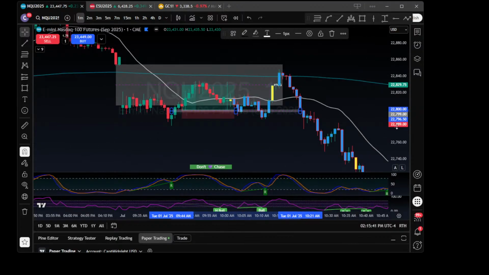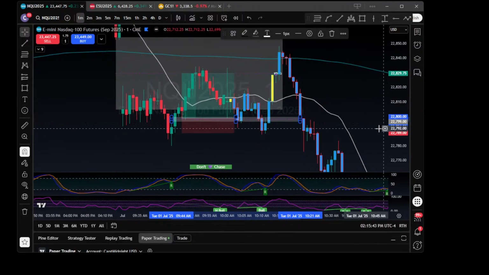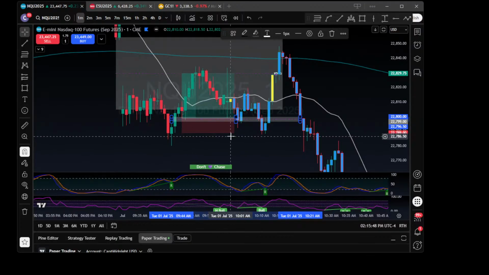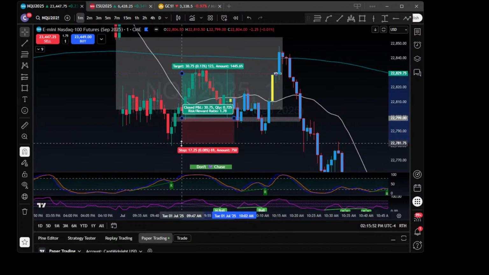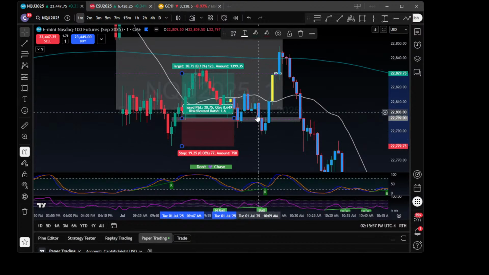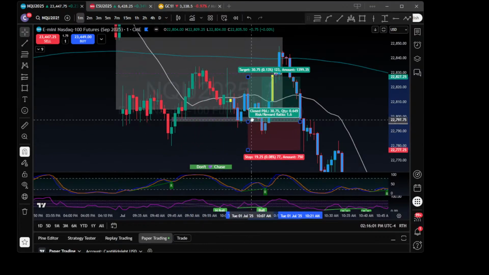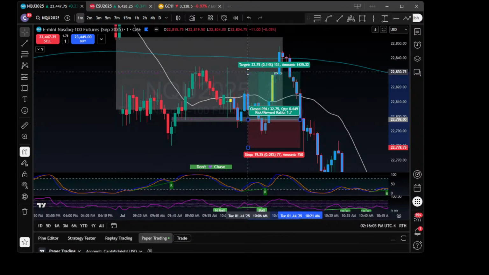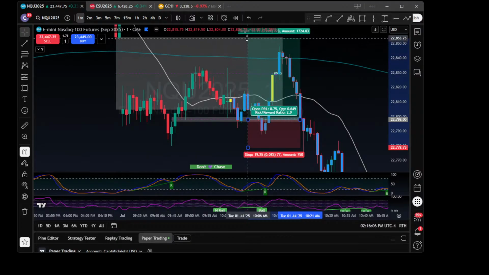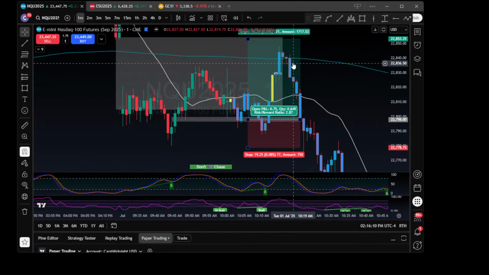So this one's textbook. You could have got in at any of these wicks a little bit, but like I said, sometimes that's not a safe enough stop loss, but your swing low is. And in this case, the second time the swing low was the better option. Got a little more RR, but realistically, you're probably wanting your stop loss up here and trailing it down to the swing low.